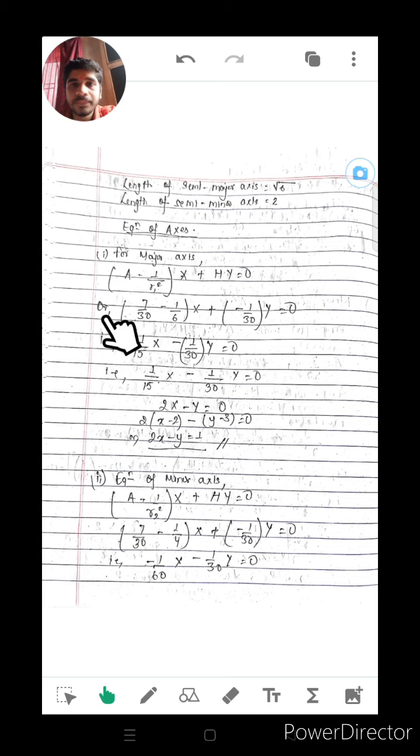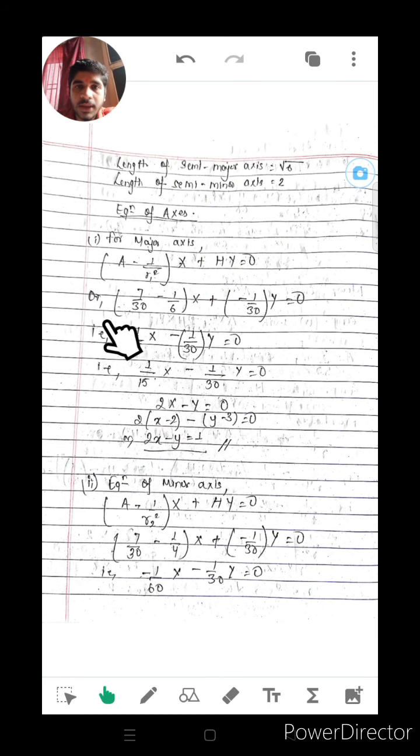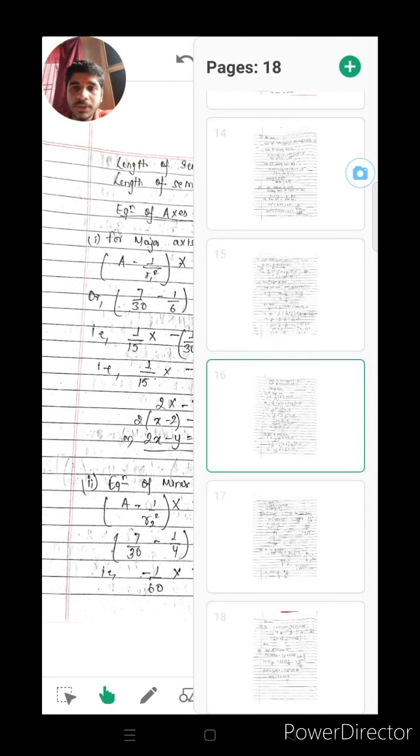And here the equation of the major axis: using the formula I recently shared, putting e from the previous equation, and r1 as root 6, so root 6 squared will be 6, we get this equation, which is the equation of the major axis. And by putting r2 in this equation, we'll get